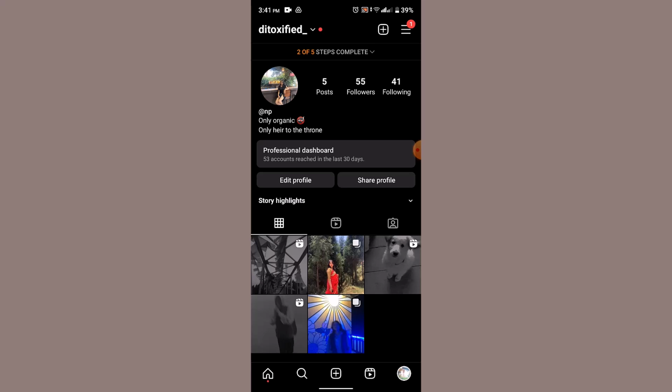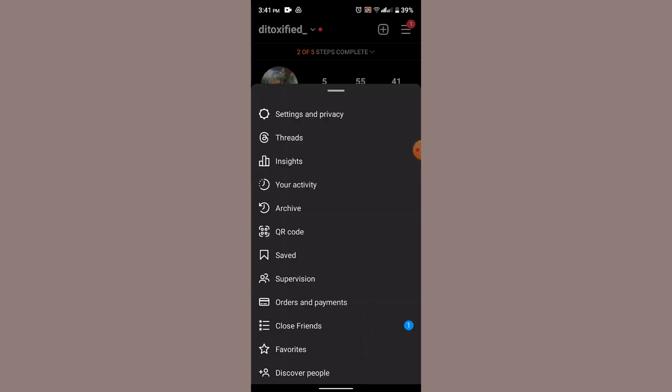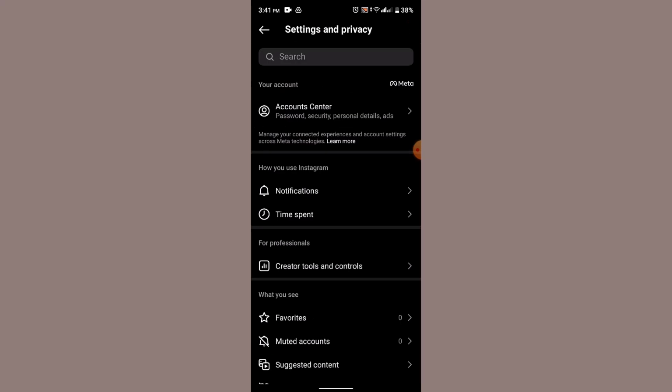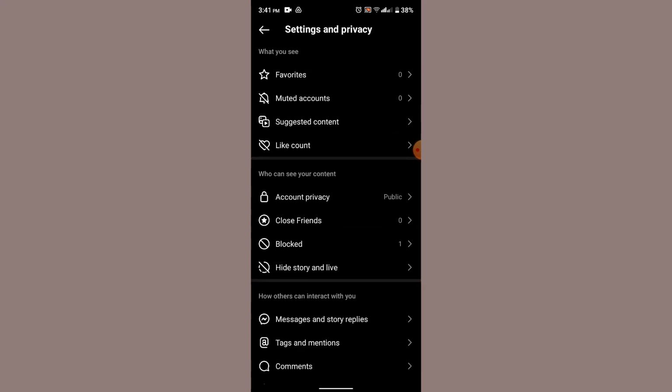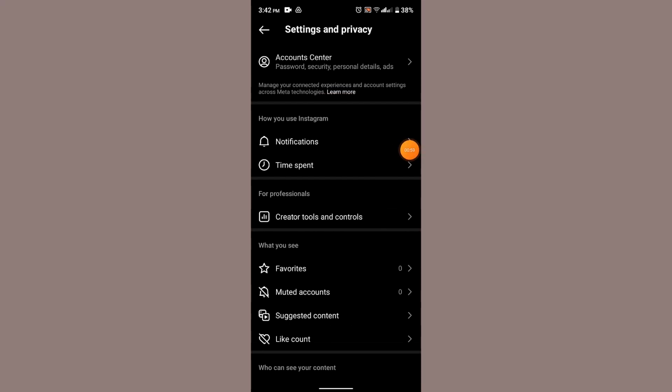As soon as you've done tapping on the profile icon, you'll be taken to the profile page. While you're on this page, you'll need to go ahead and tap on the three horizontal lines. After that, you'll be able to go ahead and tap on settings and privacy. Once you're on settings and privacy, scroll down to the bottom and you'll be able to see creator tools and